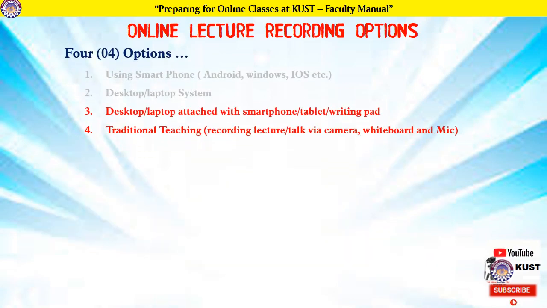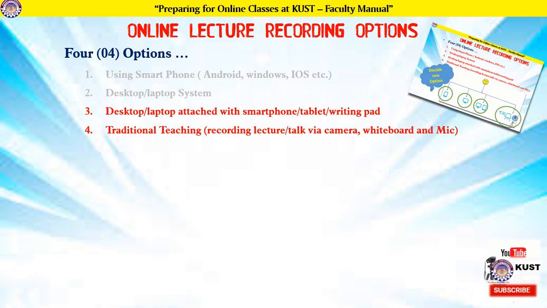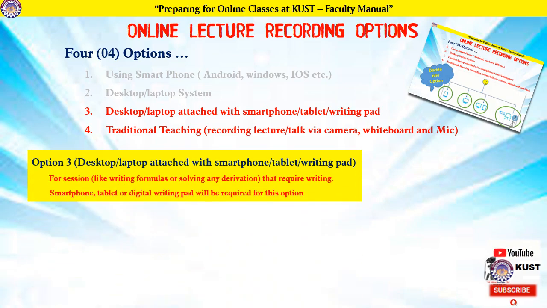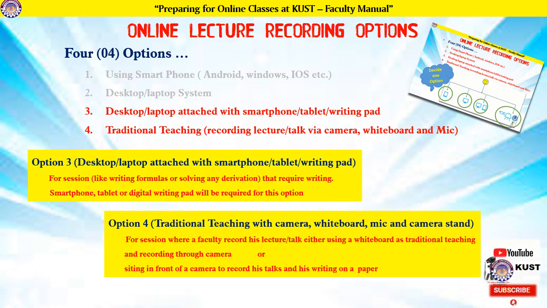So for option number 3, a desktop or laptop attached with a smartphone, tablet and writing pad for traditional teaching, you will require some smartphone, tablets or digital writing pad that you need to attach with your current system. And for option number 4, you have to purchase some hardware, some tripod stands,